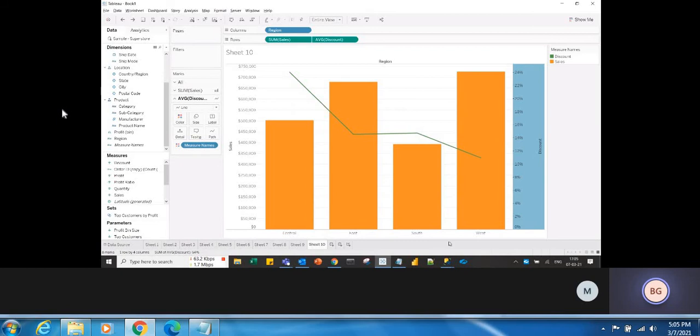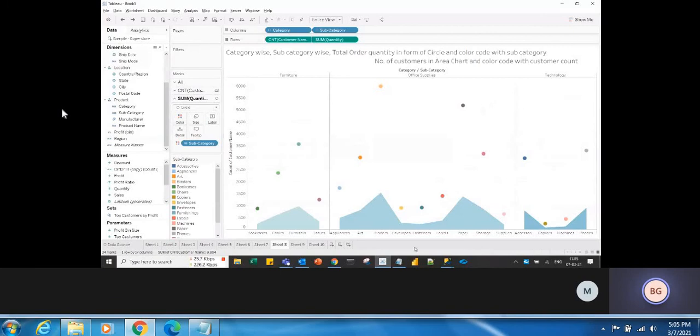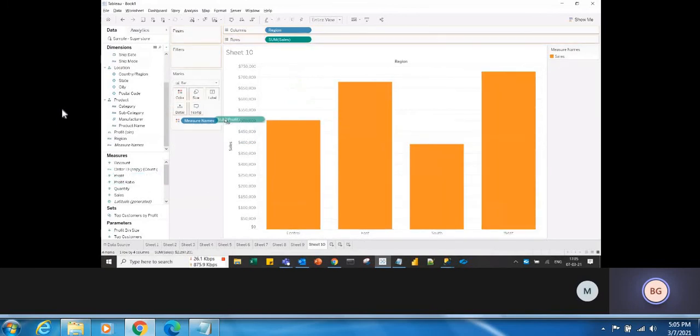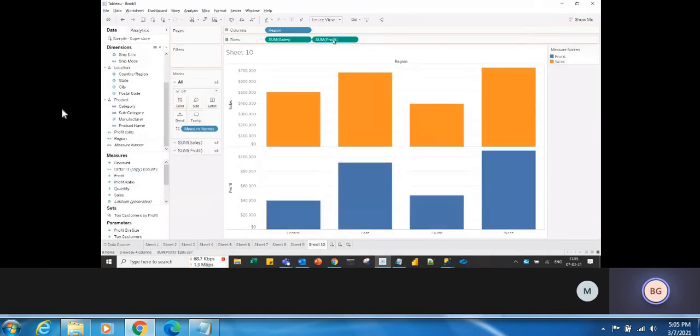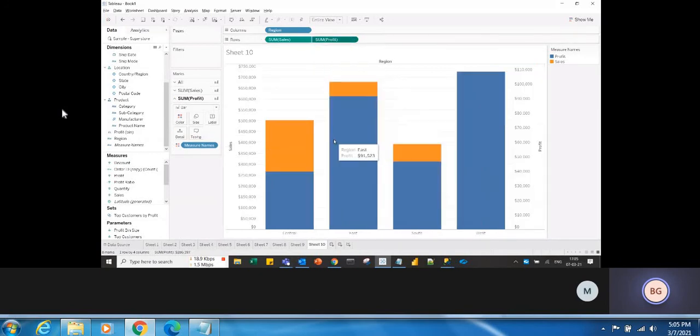Okay, in the previous example, instead of discount, if you have the profits, what happens here? So just make it dual axis. See here, these are also numbers, these are also numbers, right?